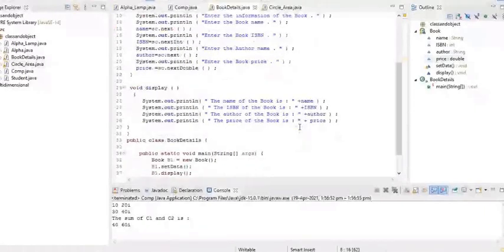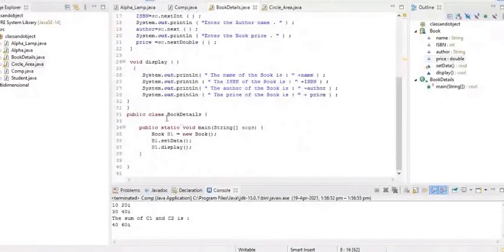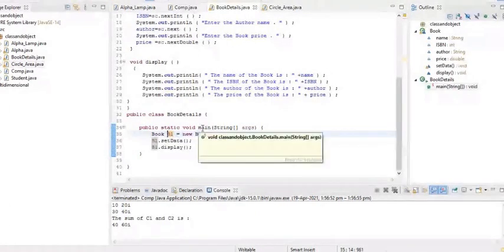Then I have defined another class, book details, where I have created one object reference, B1. All of you listen carefully to what I am saying. I am allocating memory, and B1 is pointing to the memory that is allocated. Just look at what happened.